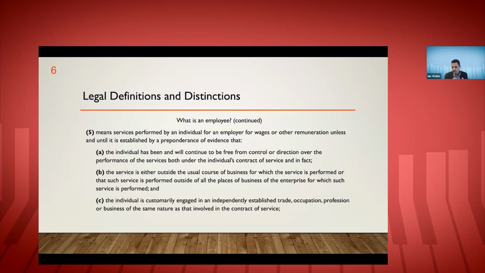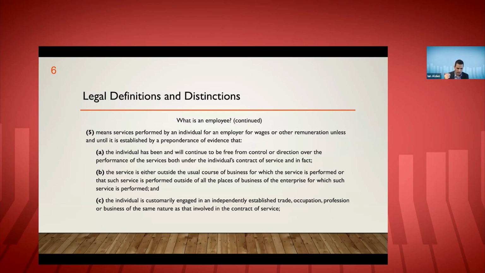And then, in fact, they don't try and they don't exercise that control. If they do control, if there is that level of control, either in the services contract or in actuality where the party doing the hiring is controlling, say, the hours, the location, the means of work, the methodology, then there's just an automatic presumption under this test and under pretty much every other test that the individual providing the services is an employee. So control is the biggest common thread between all of these tests that suggests an employment relationship, not an independent contractor relationship. But let's say there isn't that control, like under this section A, there's no control.